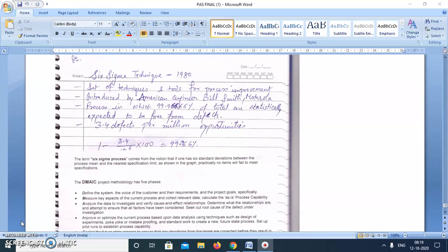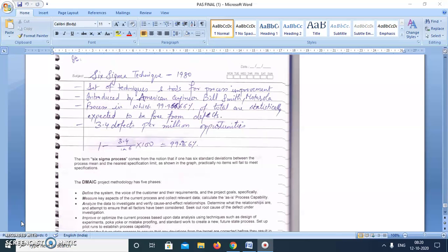Now in case of Six Sigma, basically we are talking about 4.5 sigma limits, in which 99.99% of entries are coming within the range. That means the products rejected are very few. If we calculate that number, it is 3.4 defects per million opportunities. Now how do we get this number?